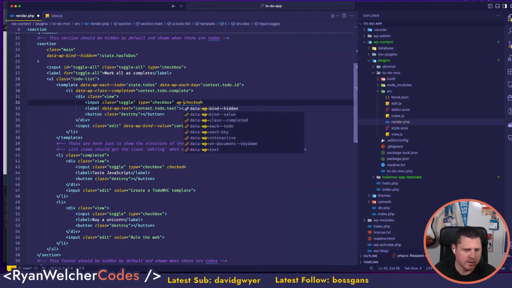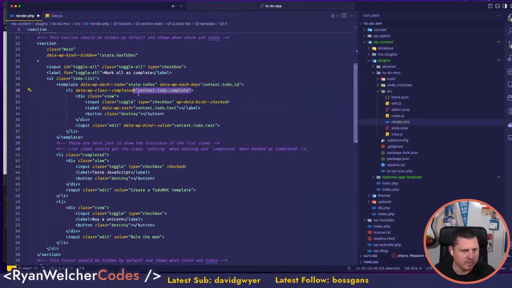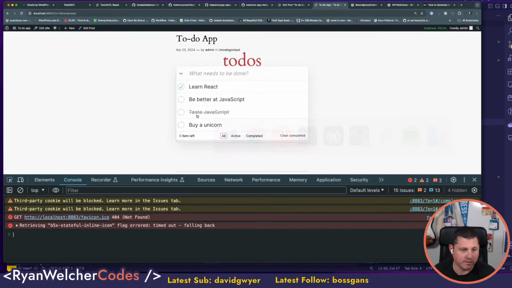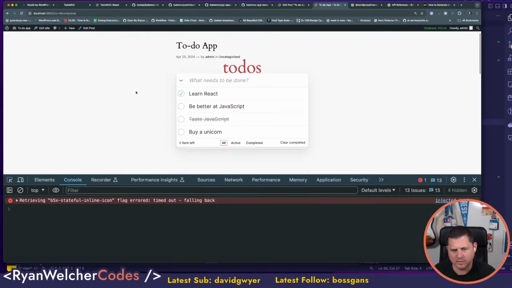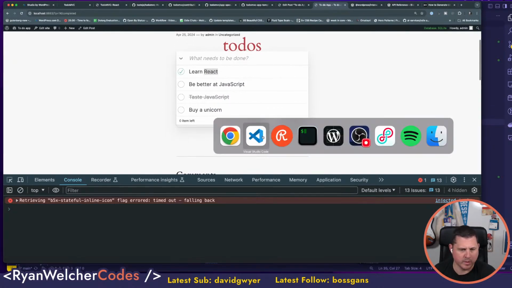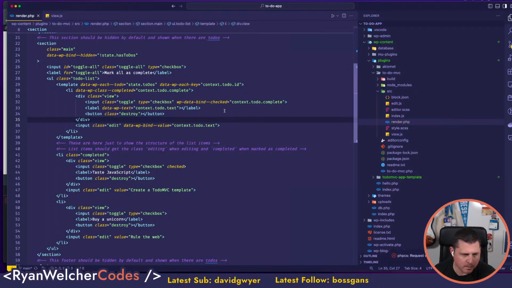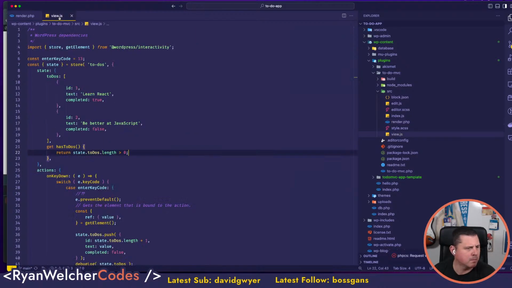So WP data bind, right? Checked. We'll check that. We'll bind that attribute to the completed, right? So I think this should be checked and crossed off. Wait. Oh, because this is